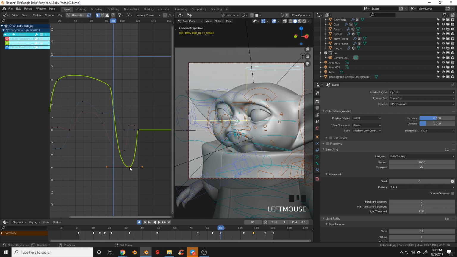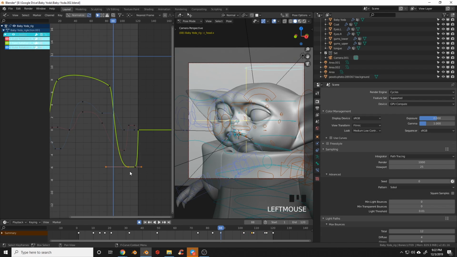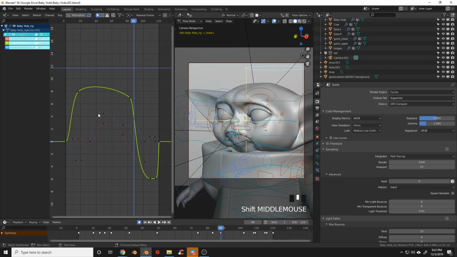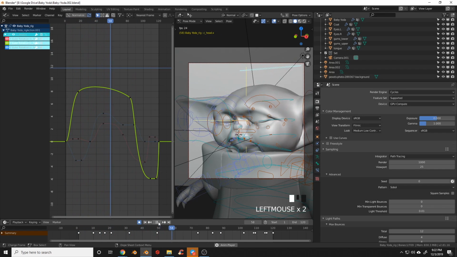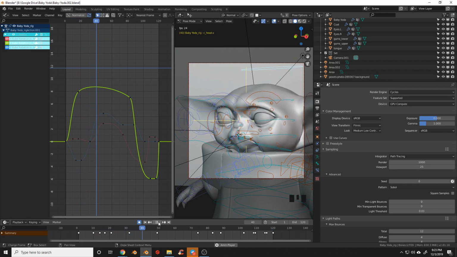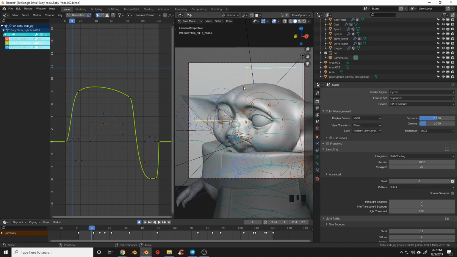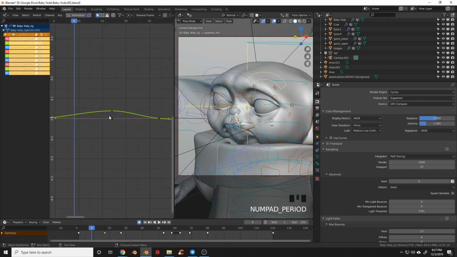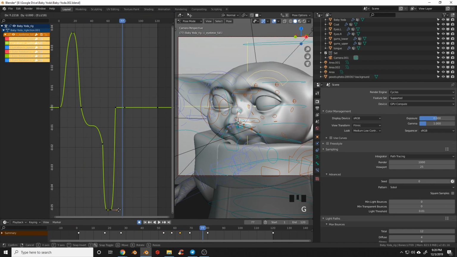So this is an instance where I'm actually going to duplicate it, hold X and move that there and just add a little bit of rest there. And I can see that I have a rest there on that keyframe. So we're just going to match that. And there we go. So this should give us a lot more natural head motions. And there we go. So now we have a more natural looking head motion. And then I'm just going to time lapse through and you can follow along as I adjust the easing on the rest of my keyframes.